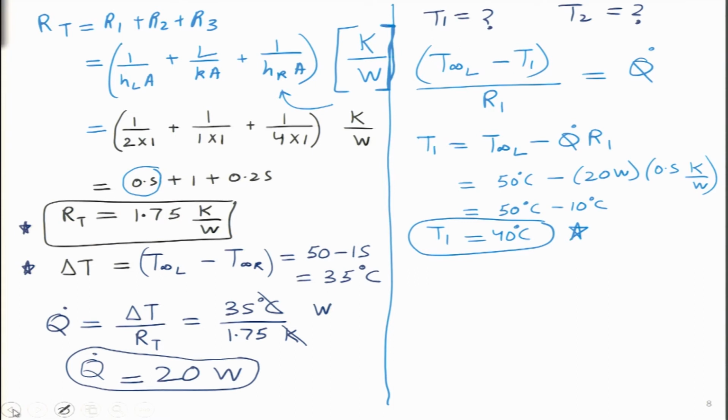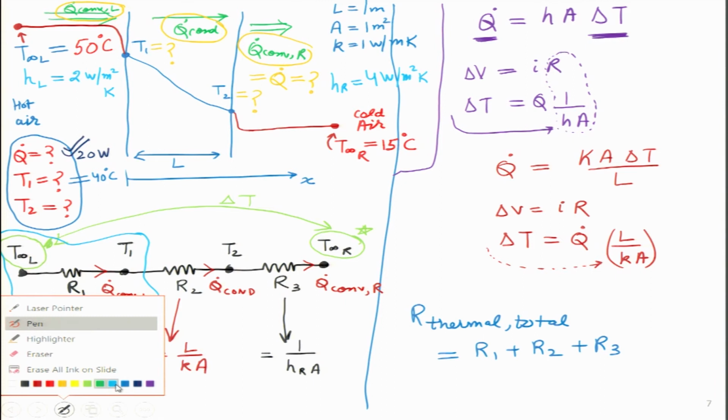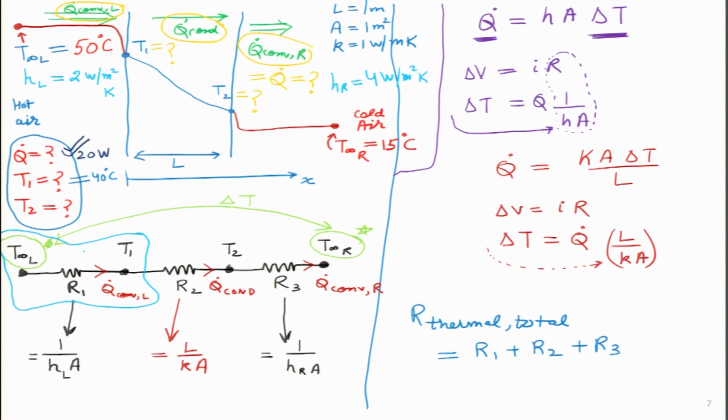So, let us go back and put that value over here. T1 also we have calculated, it turns out to be 40 degrees. And similarly, we can calculate T2 as well. That exercise I will leave for the audience members to do themselves. I will just write the final result over here, and I will give a small hint: we can apply the similar relation that we have done over here between these two temperatures, T infinity R and T2, and if we know the resistance R3, which we have already calculated, then we can calculate the value of T2 as well, and it turns out to be 20 degrees centigrade.